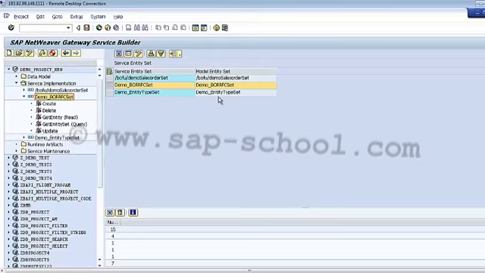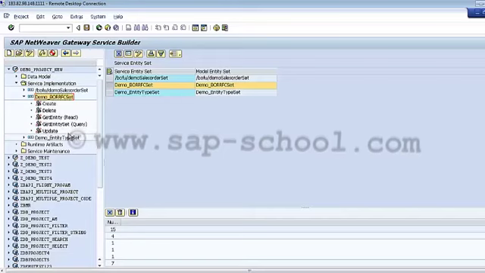In addition, the selected entity set in the project tree expands to display the default set of operations. So here we have the default operations, that is the create, delete, get entity read, get entity set query, and update.